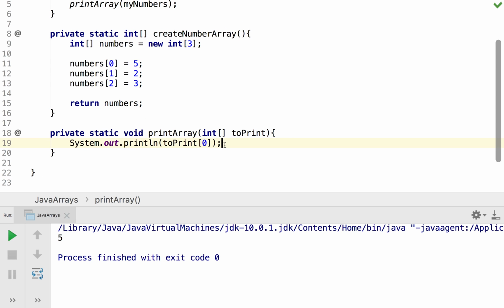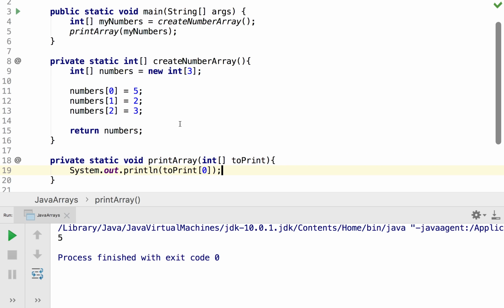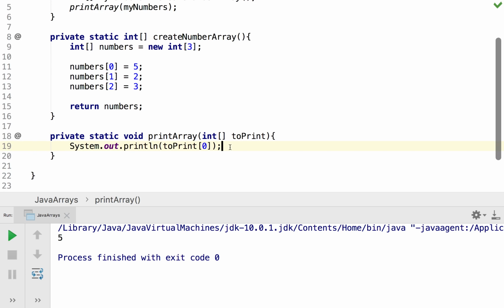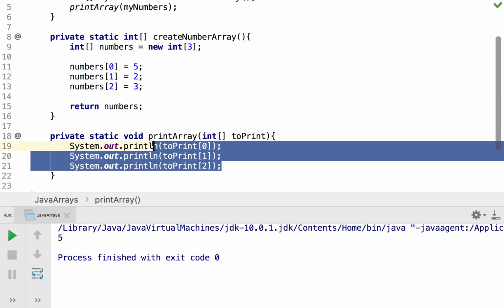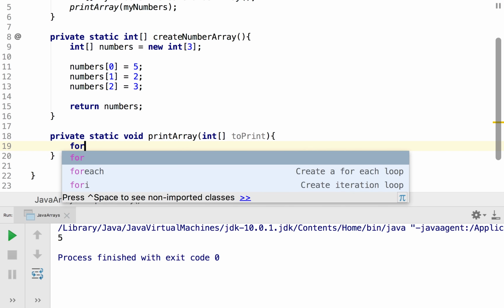And so one element's all well and good, but what if we want to print all the elements, which we do? Then we could simply copy and paste this and maybe write a 1 and a 2 here, but that's not really efficient. And if we say had 100 elements in our array, then that would obviously take quite a long time and it would be a lot of unnecessary lines of code. And so what we can actually do is simply just get rid of all of that and put it in